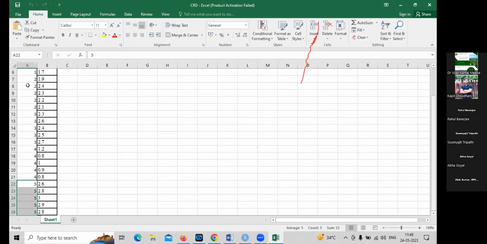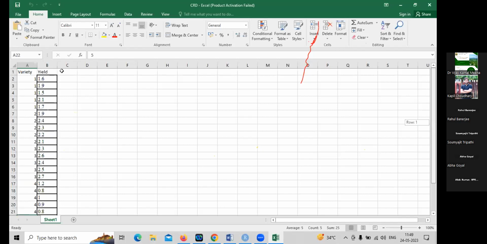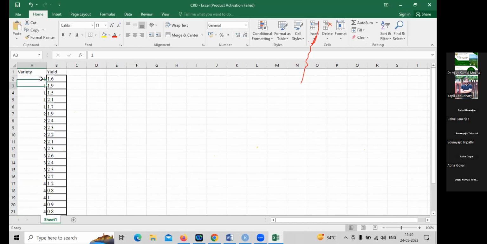डेटा फाइल आपको ऐसे बनाना पड़ेगा। जैसे आपने वैरायटी ले लिया एक साइड में और एक साइड में आपने यील्ड ले लिया। अब क्योंकि हर एक वैरायटी के 5 रेप्लिकेशन हैं, तो वैरायटी 1 को मैं 5 बार यहाँ रेप्लिकेट कर रहा हूँ और यहाँ पे उसके करस्पॉन्डिंग यील्ड लिख रहा हूँ। सिमिलरली वैरायटी 2 को भी मैं 5 बार कर रहा हूँ और यहाँ पे मैं वो यील्ड लिख रहा हूँ।